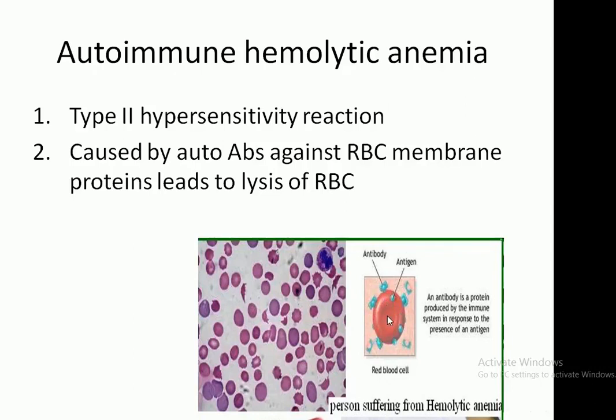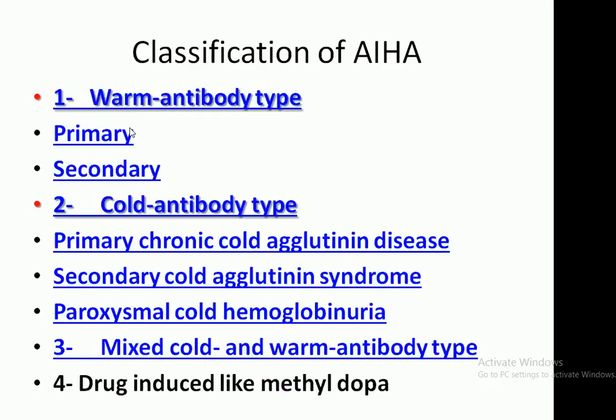The mechanism of destruction in type 2 hypersensitivity is the antigen-antibody immune complex, which leads to activation of the complement and lysis by the classical pathway of the complement, the MAC, the membrane attack complex. And the classification of autoimmune hemolytic anemia: the warm type, which is either primary or secondary,